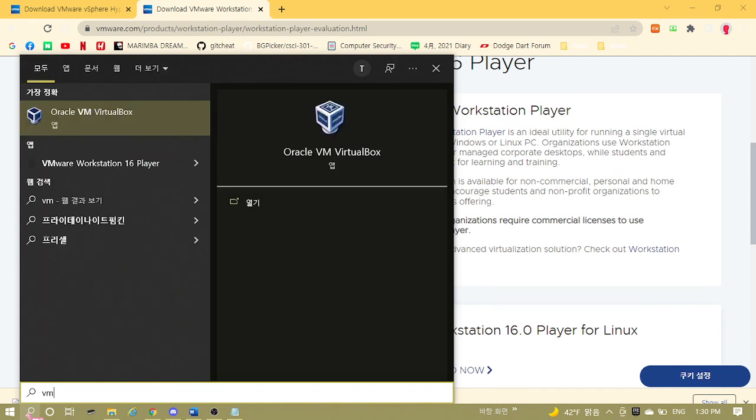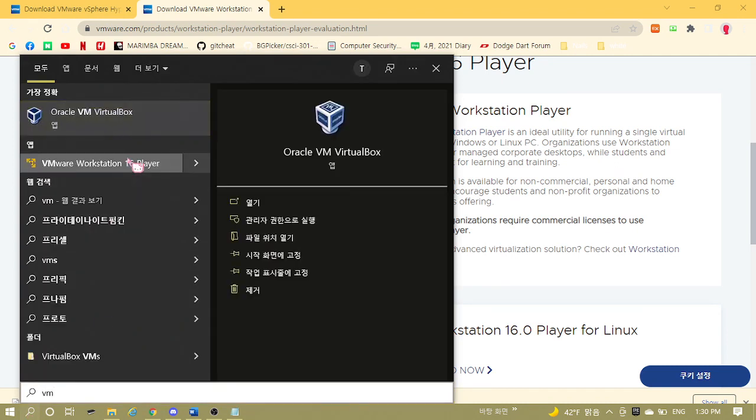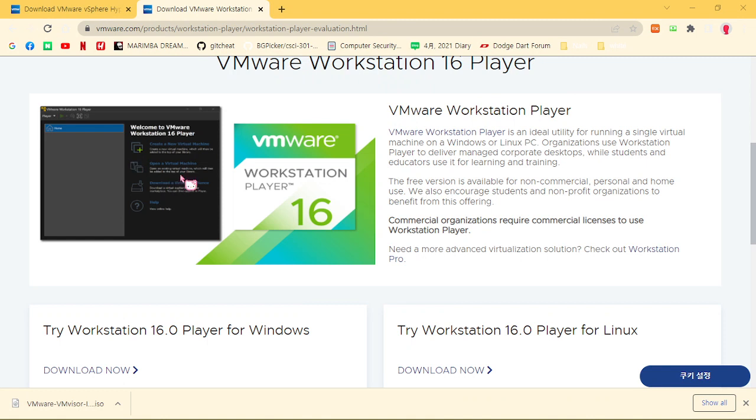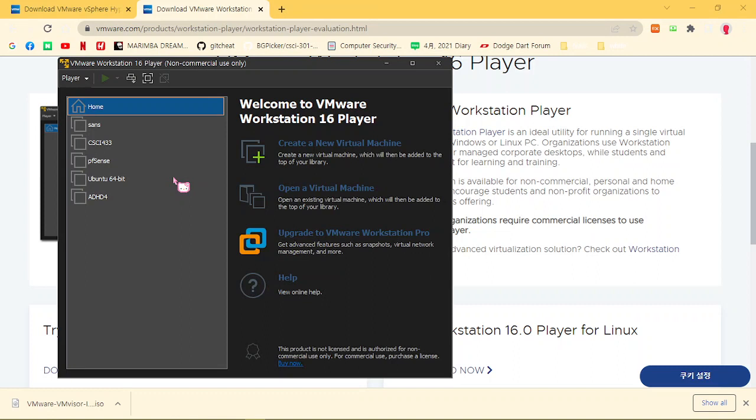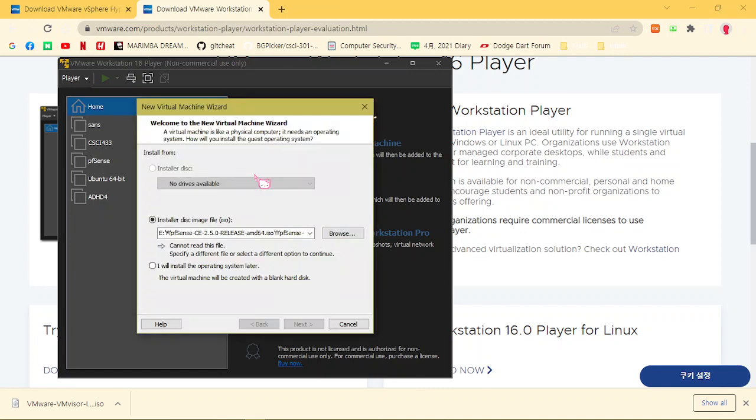It's going to be on your desktop, or you can easily pull it up by searching on the desktop. Once it's pulled up, we're going to create a virtual machine. So click create a new virtual machine, and we're gonna import the ISO file that we just downloaded a few minutes ago. Browse to the path where you downloaded